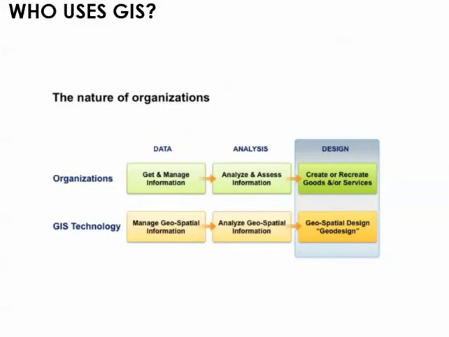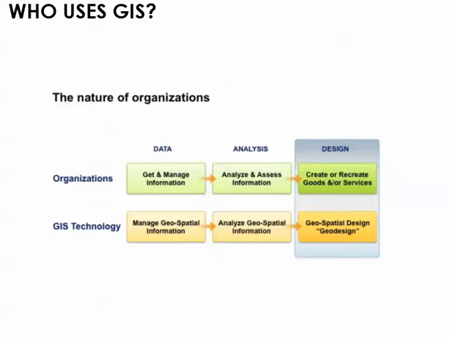So as you can imagine, this type of system is useful to many different types of businesses, because the nature of most organizations is that you get and you manage information, you analyze that information, and you create or recreate some kind of good or service. GIS